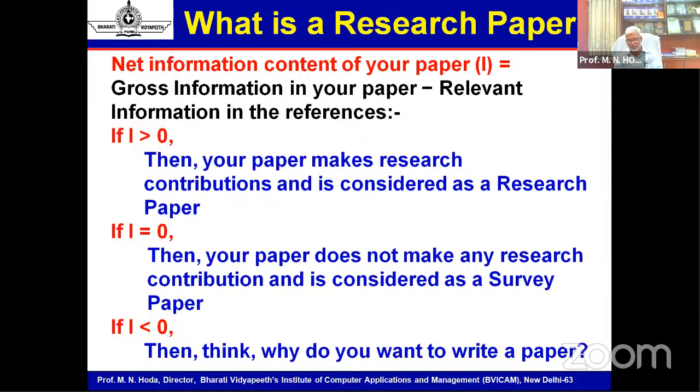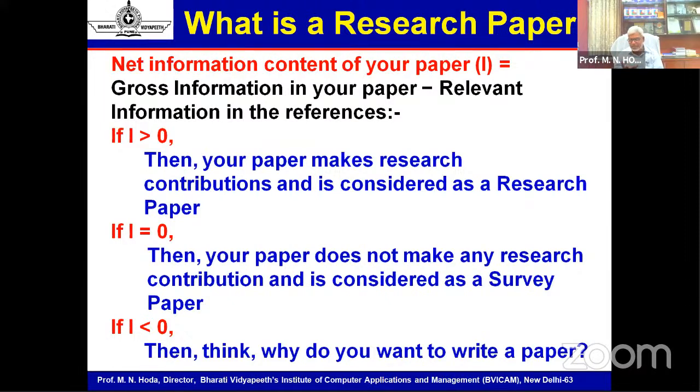This is also based on the mining of papers and interaction with many of the authors in the last 15-16 years, of maybe 50,000 plus papers, right? Now I will come back straight away to the topic: what is a research paper, right?